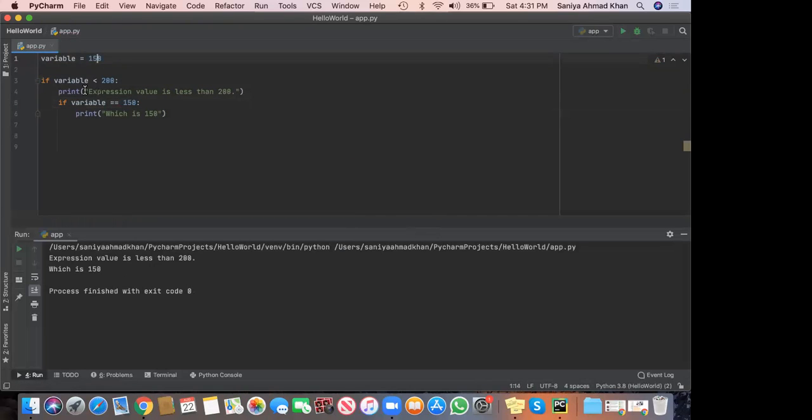First our computer checked what the variable is, it's 150. Then it looked at our if function's statement, which is if variable is less than 200. In this case, it is less than 200 because 150 is less than 200. So then it printed "expression value is less than 200". Then it took it a step further because this condition was met, so it will read the whole code. So it comes to the next statement and sees if variable is